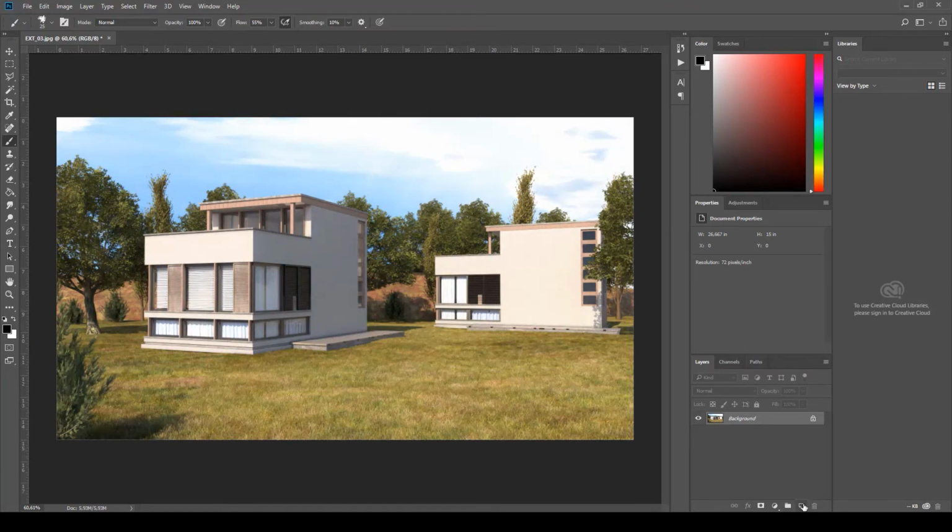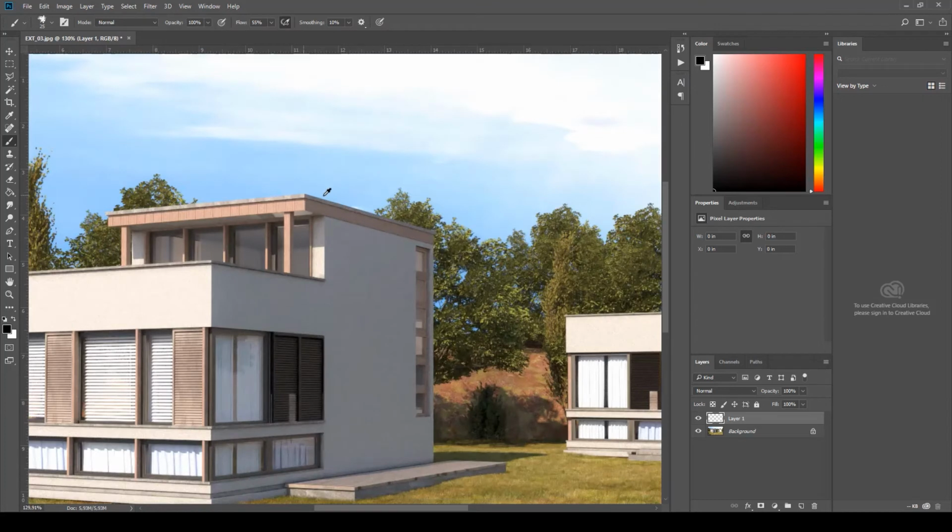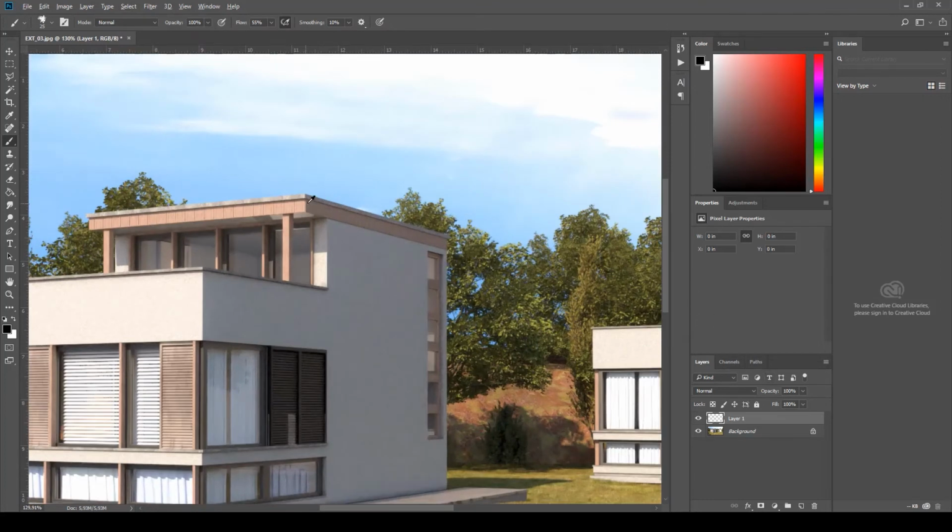Okay, create a new layer, select my brush. Okay, select this color here, make it darker, and maybe we can try to add a little bit of noise to this. So I'm going to set it to high opacity